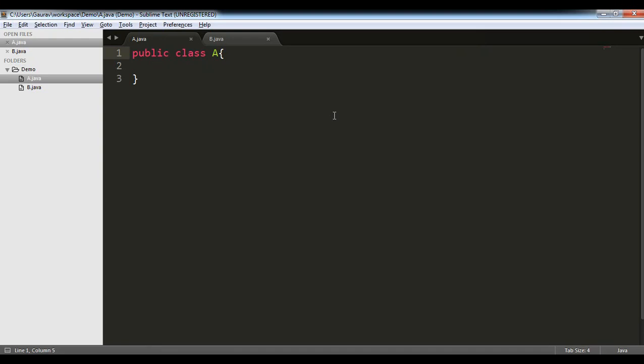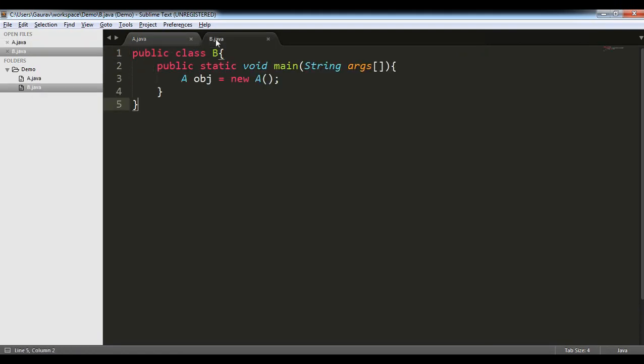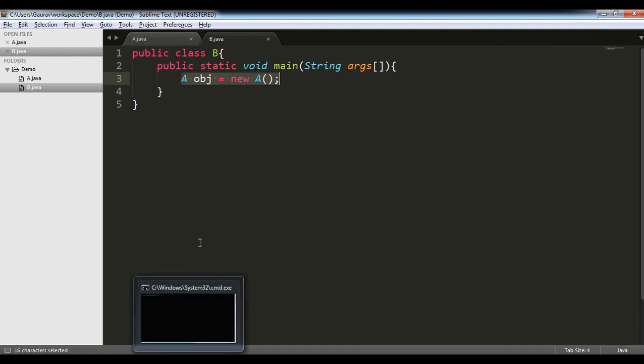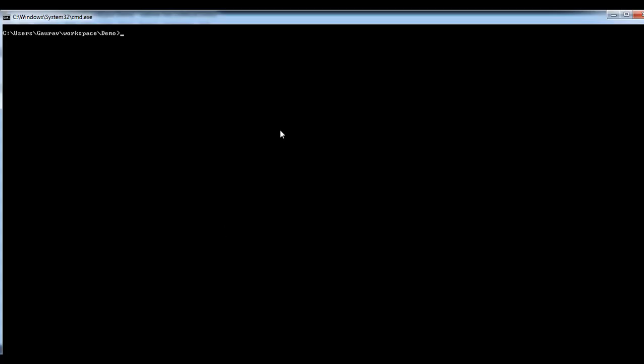I have taken the same example as I've mentioned in the slide, that we have, let's say, two classes, class A and class B, and class B is somewhere or the other referencing class A. So let's try to compile these two Java files and check the bytecode for these two files first. I'll just open the compiler and run the command to compile the files. So I'll run javac B.java. Okay, so the code is compiled fine.